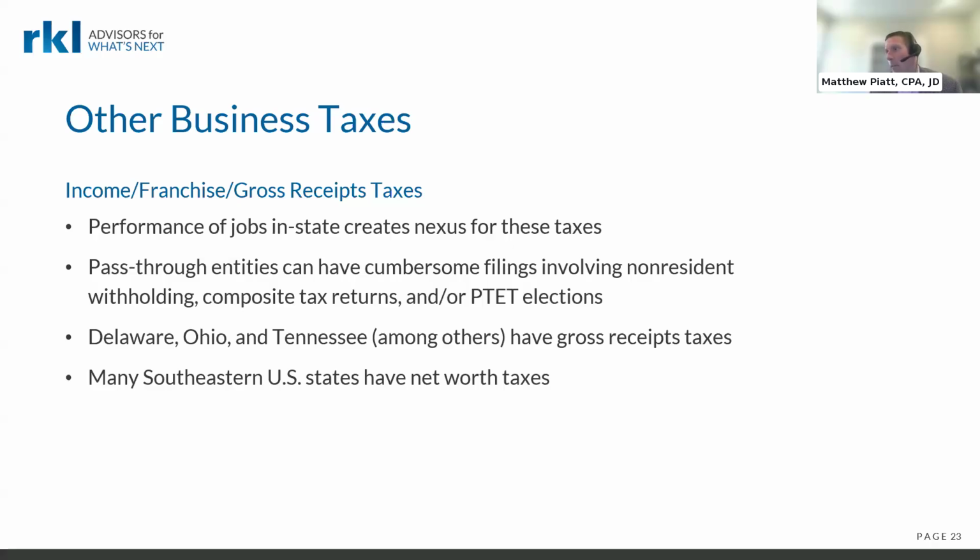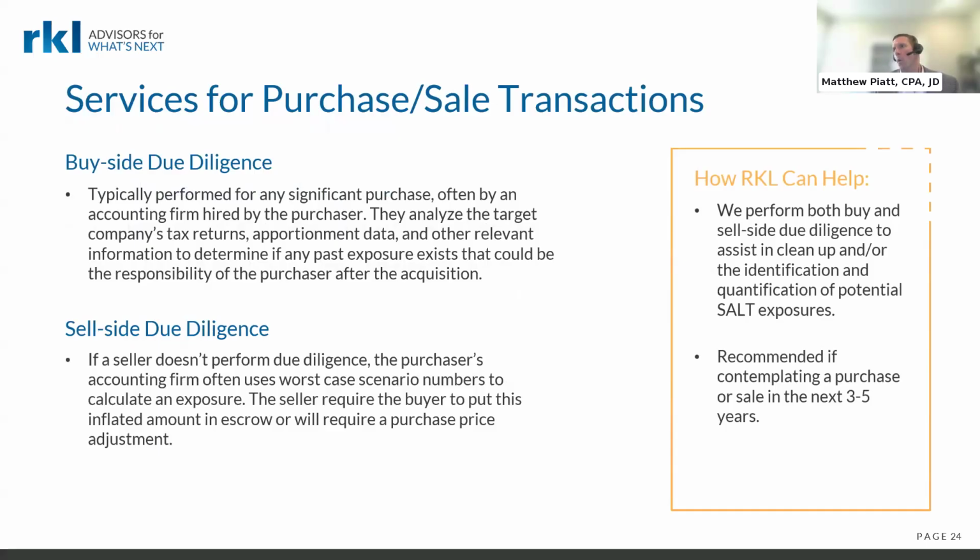So if you're operating in the states that have those, make sure you're mindful of those. I've seen significant exposure numbers pop up, and taxpayers said, well, maybe, for example, I was operating at a loss. How can I be taxed? It's because it's based on sales or revenue sourced to the state, not taxable sales, not taxable income, anything like that. And a note here, many southeastern states have net worth taxes. Tennessee is one. There's others out there. Georgia has one as well. So also be on the lookout for those if you're operating in the Southeast and other parts of the country as well.